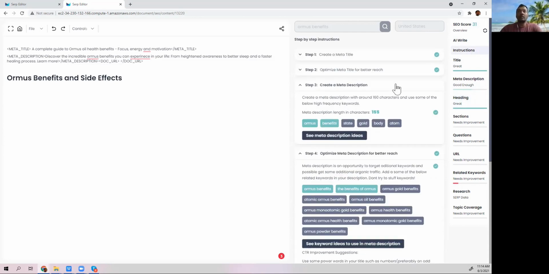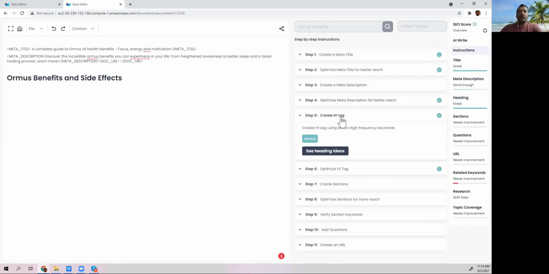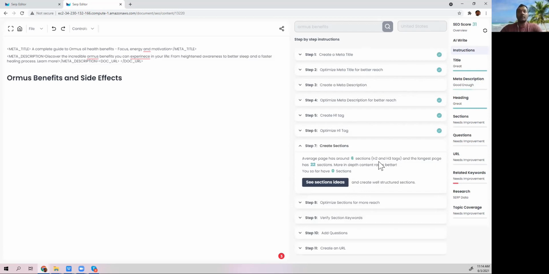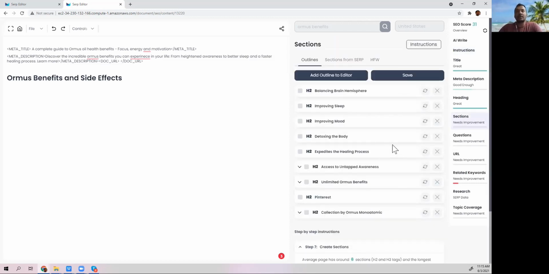All right. So now we have our meta description figured out, our H1 tag figured out, and we need to figure out our sections. So this is suggesting that at minimum 6 sections are required, and you can go a little higher than that. So what Outranking is going to suggest is a number that's higher than 6 but lower than 22 for the regular type of content. If you are creating pillar pages, it's going to go more in depth and give you suggestions to create sometimes even more than 22 sections. Okay, so let's go ahead and see some section ideas.